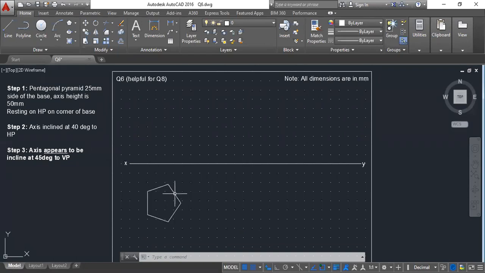Now, next thing that I have to do here is I have to draw the slant edges. Because it is a pyramid, I can see the slant edges also. But where to start with the slant edges? Slant edges meet at the center. And for a pentagon, how to find the center? Simply draw the perpendicular bisectors. So perpendicular bisectors, how can that be drawn? The simplest way of drawing perpendicular bisectors is,